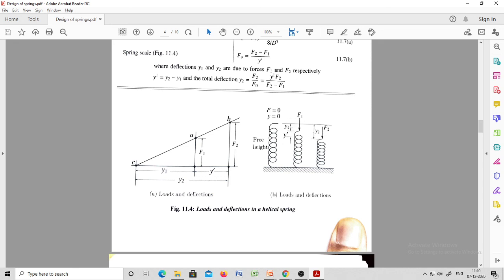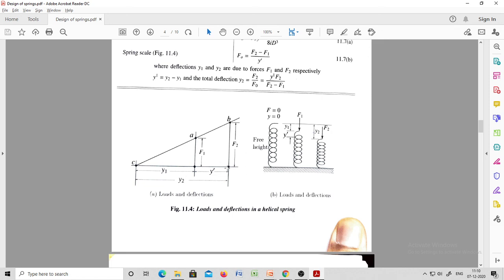So y1 is how much? Let it be, we don't know. So y dash is given here. Now you need to find out the maximum deflection. You need to find out y2 here. y2 is the maximum deflection. y dash is given. You need to find out y2.